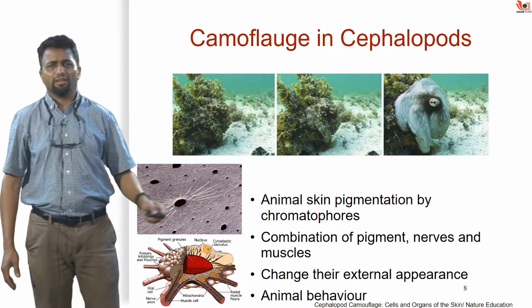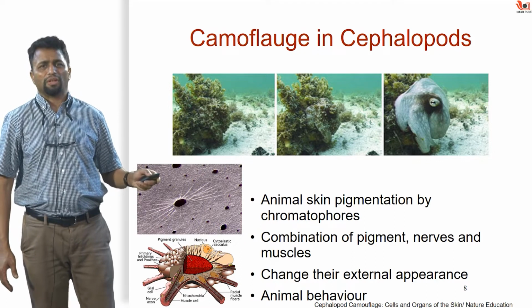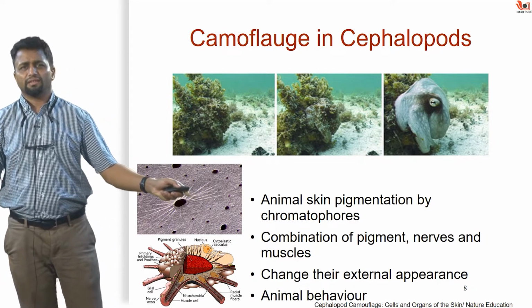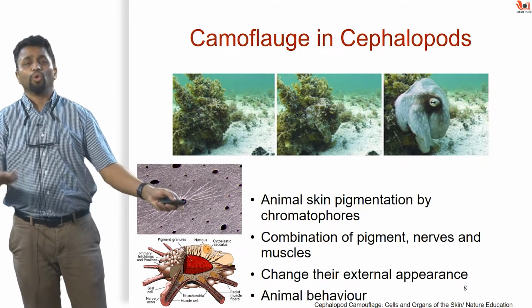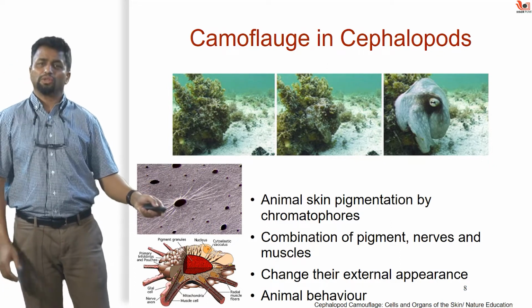At the cellular scale, these dark spots you see here are chromatophores inside a cell. What you see in this sort of stellate like cell is that those chromatophores have aggregated to the center. What drives this aggregation? Who controls this aggregation? These are some of the questions in the later part of this lecture we are going to actually have an